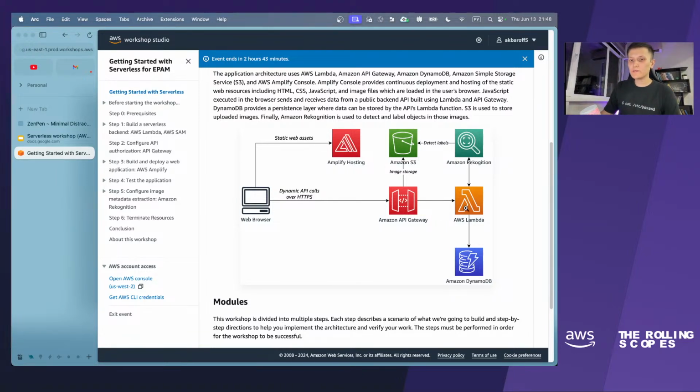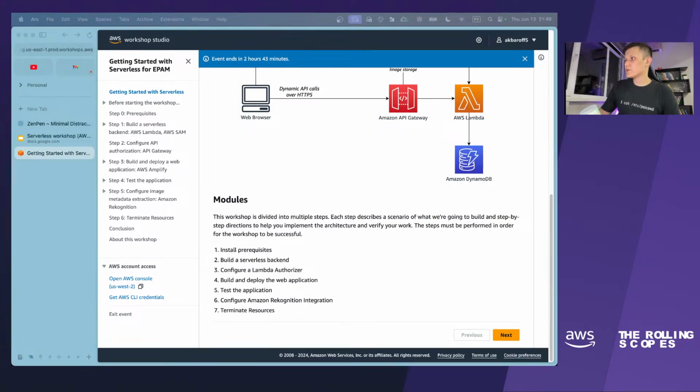These Lambdas will interact with other services like S3 for keeping images. Also, we will use Amazon DynamoDB to store the data of our application, and we will use Amazon Rekognition to recognize things in the images uploaded by the users.